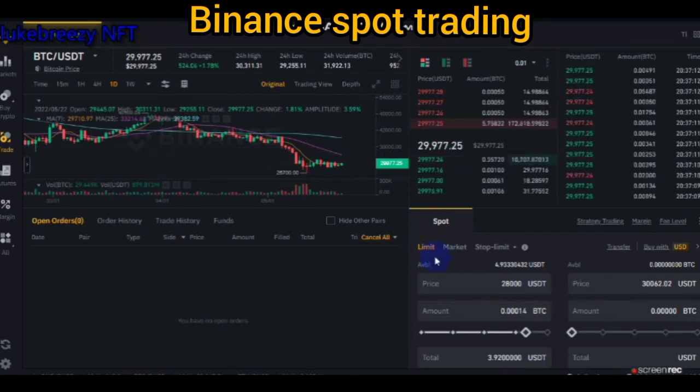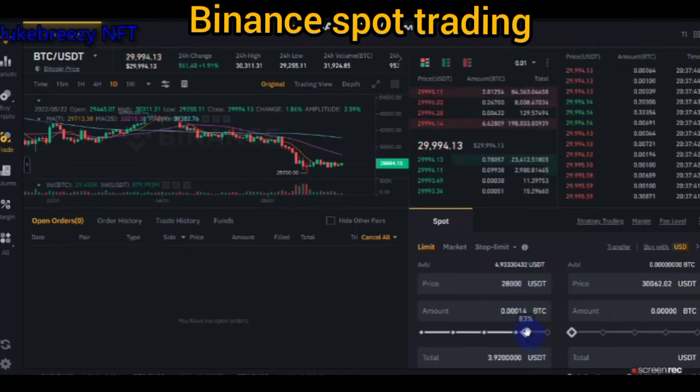Now limit gives you the advantage of setting your own price. Let me say, as we can see here, BTC is currently at 29k. Limit price gives you the opportunity to set your own price. Let me say you have already read the chart and you see that maybe Bitcoin will go low to a price, let me say 28k. So what you do at the moment is go there and set your own price at 28k,